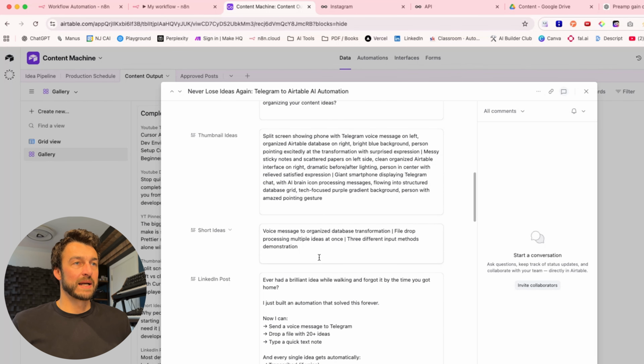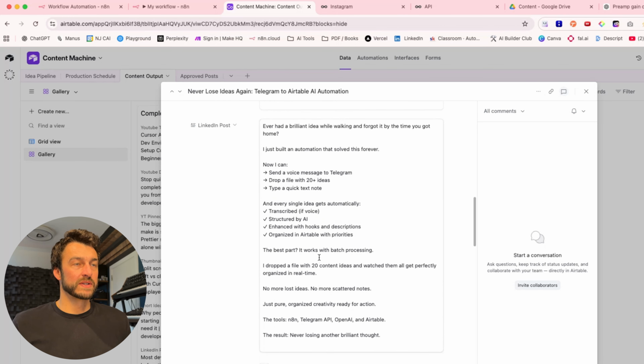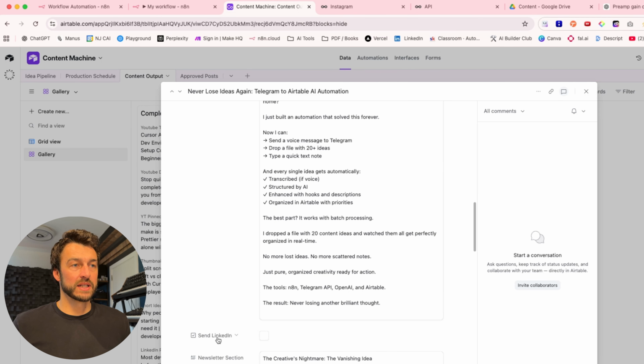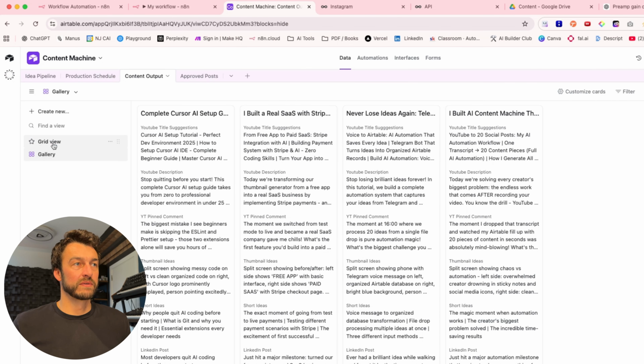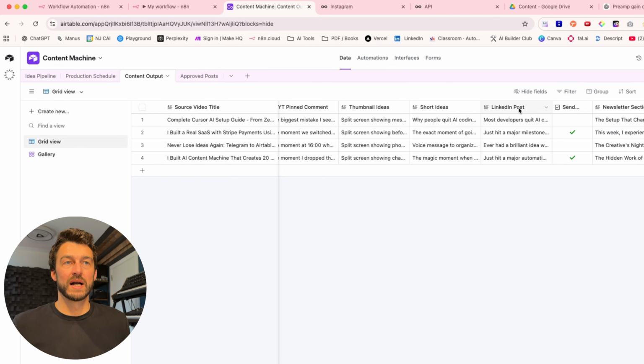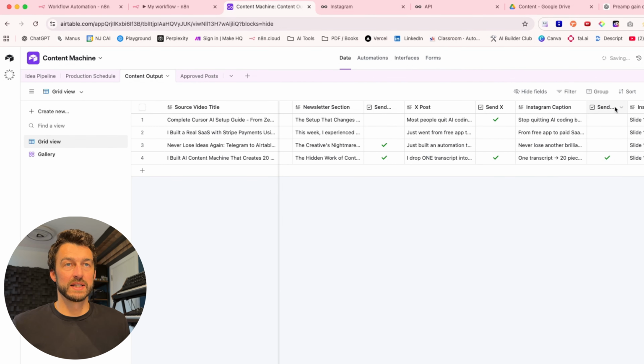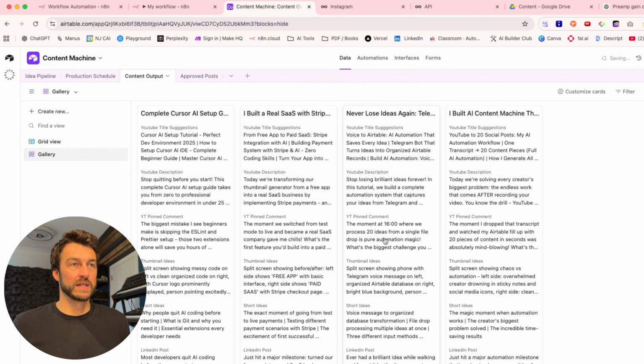How I set this up is that behind the post that I want to auto schedule, like a LinkedIn post, I put a checkbox called Send LinkedIn. Now on the grid view, you will see it here. We will have a LinkedIn post. Here's the send row. We have a send LinkedIn. Then after the newsletter, we have a send newsletter, a send X post, a send Instagram post, and so on. In the gallery view, that looks very nice because now we can click on that,